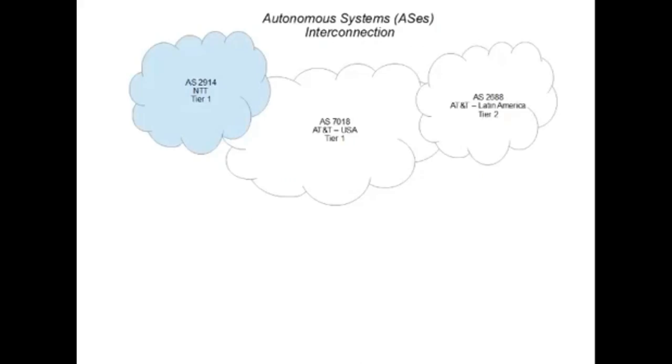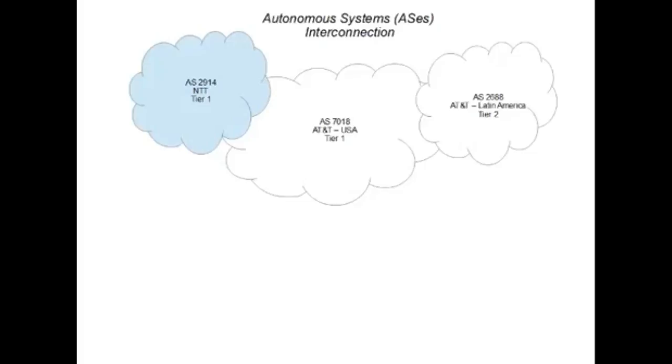In our first session, we talked about the Internet as being a network of networks. And those networks are generally organized into what are called autonomous systems. The autonomous systems are designated by provider, such as AT&T in this case. We see two autonomous systems, one for the US and one for Latin America. They are really standalone networks that enforce the IP protocol at the edges, but internally they're managed by a single administrator and designed by that particular provider.